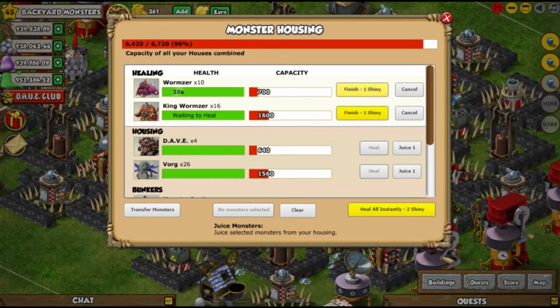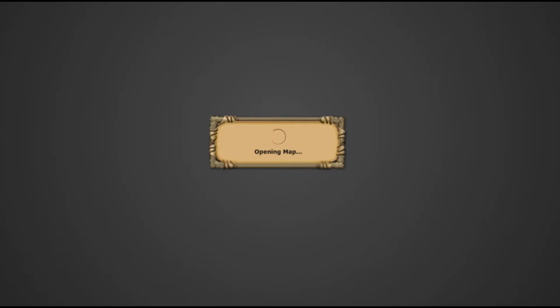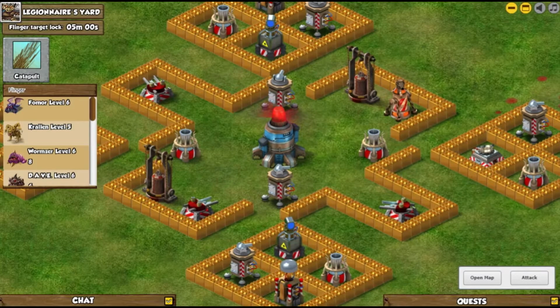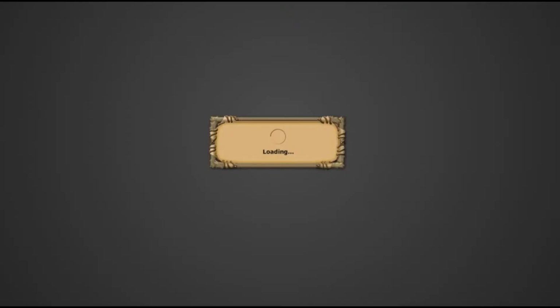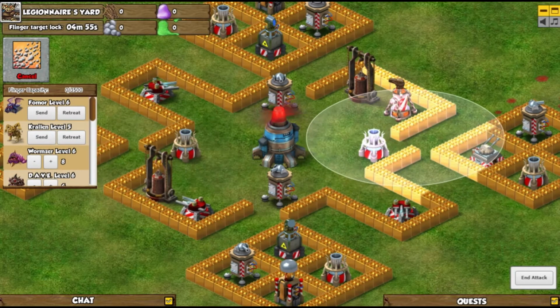So we got 5 injured, but it's so minimal that we could wait for them or shiny them up, but we decided to go in for another attack because we don't really need to wait for those 1 or 2, because of how fast we're going through these bases. So this one has quake towers. Now quake towers, of course, are trouble for your